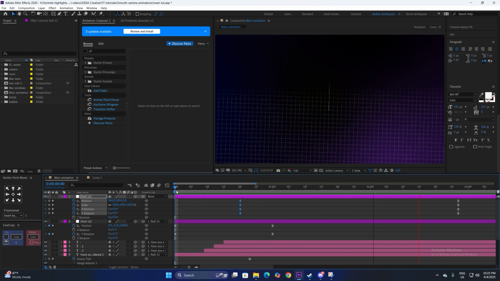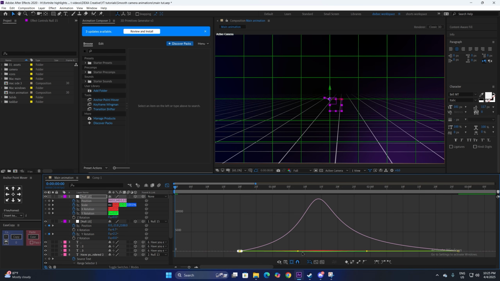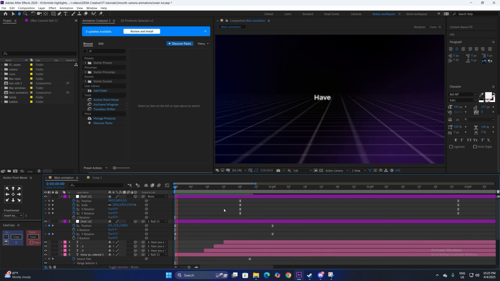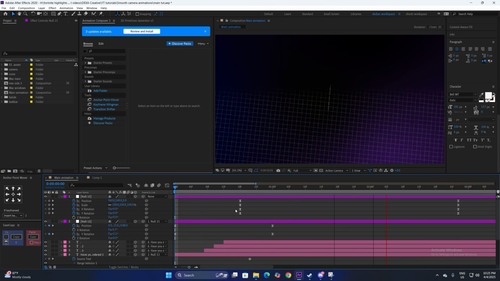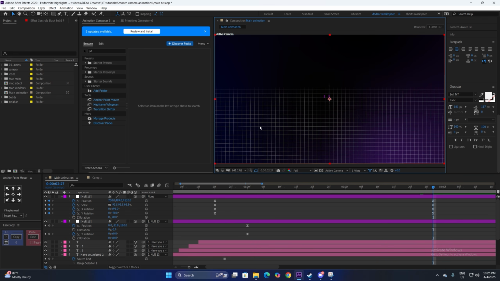As you can see, this looks good, but we need to have the text on the screen for a while. This is moving too fast, so we are going to adjust the graph, not the keyframes. Just don't change the keyframe position. Make sure to adjust the graph first, then the keyframes. Now this looks good. Now one problem we have right here is we have half grid, and this is because